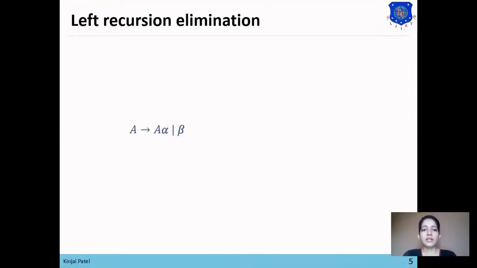Now we will learn the rule to eliminate left recursion from a grammar. First, here is the left recursive grammar A produces A alpha or beta. Now we want to remove left recursion from this grammar. So first, A produces. Now we'll check the alternatives to see which alternative has no left recursion in it. You can see that in the second alternative there is no left recursion in it. So we will select the second alternative